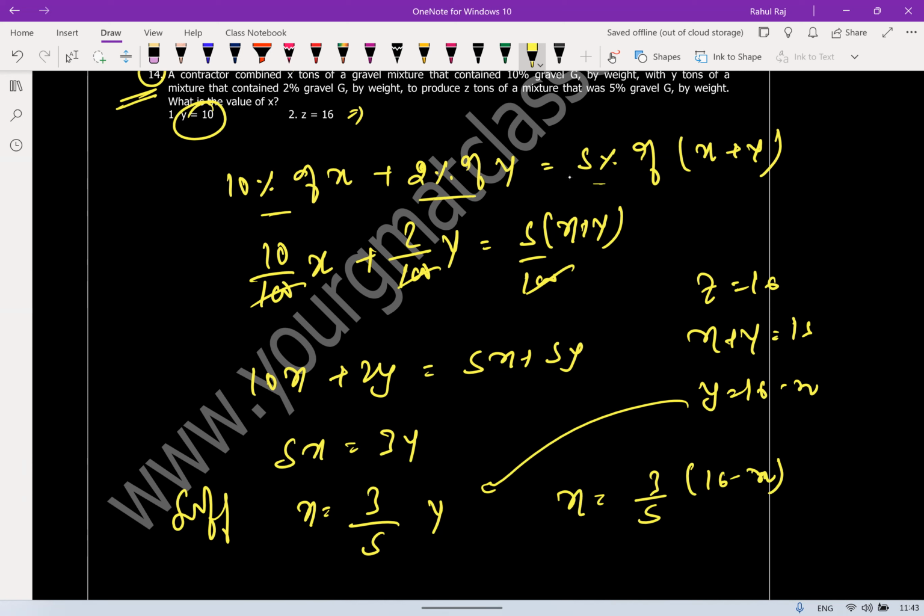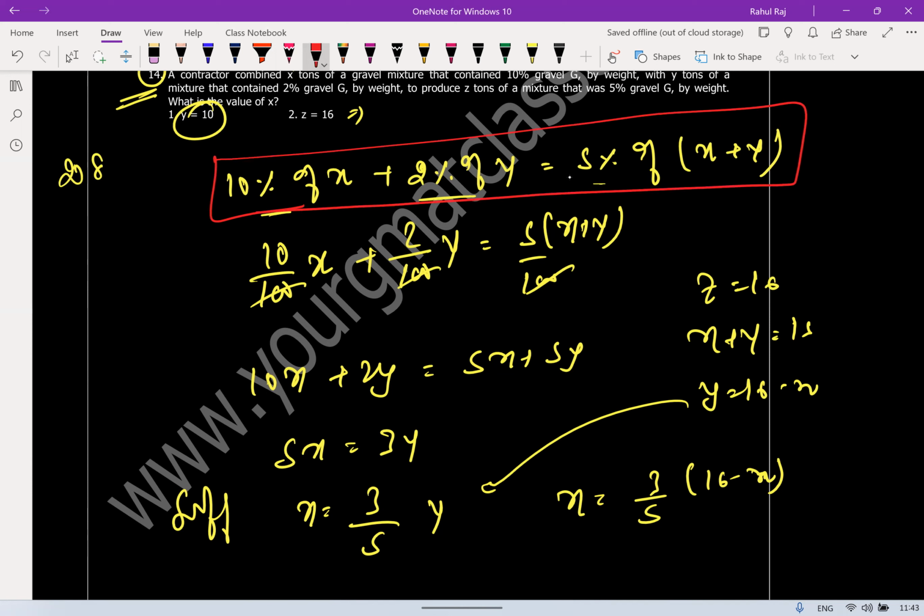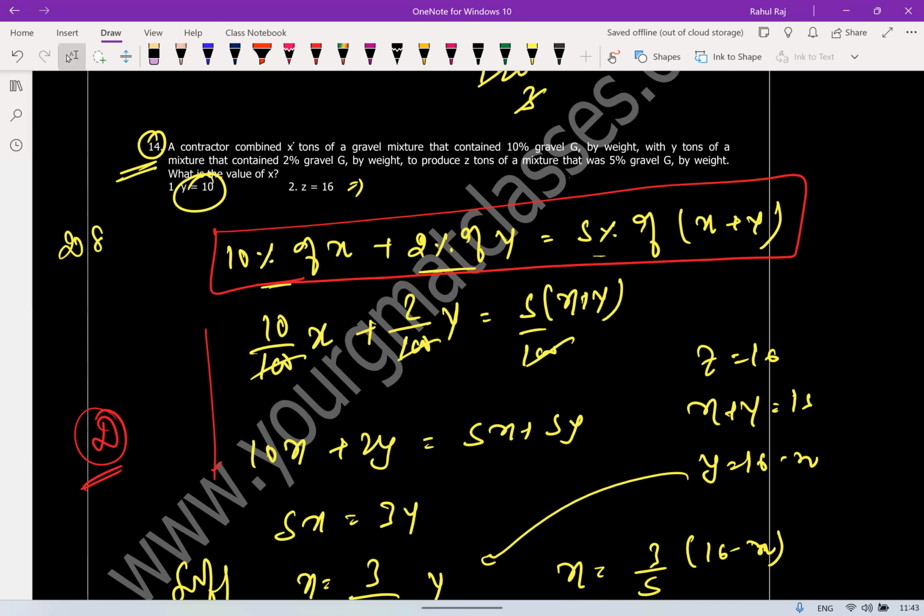But imagine, this is a question that should take 20 seconds. And if you don't realize that by forming this equation you will get x and y, and you do this and mark D as the answer, in spite of that, it will be considered that you have marked the answer wrong, because you are not supposed to waste 2 minutes on such unnecessary questions. These are easy questions, and if you end up wasting 2 or 3 minutes on them,